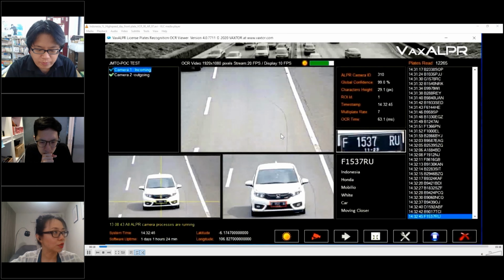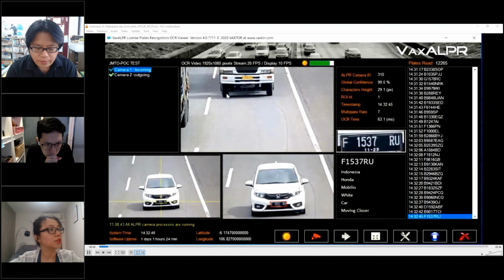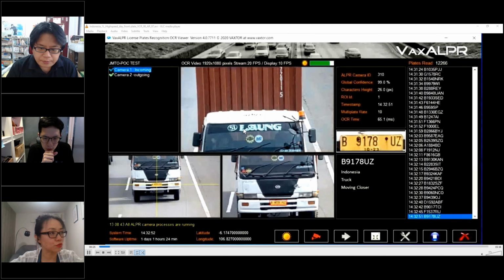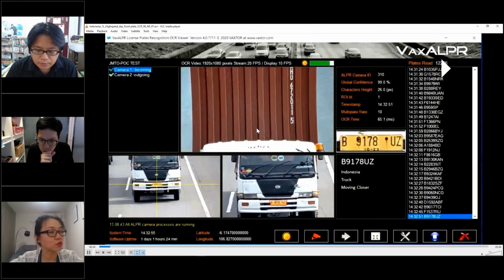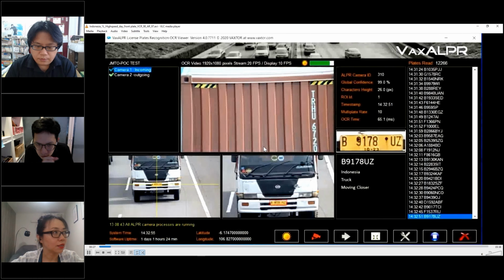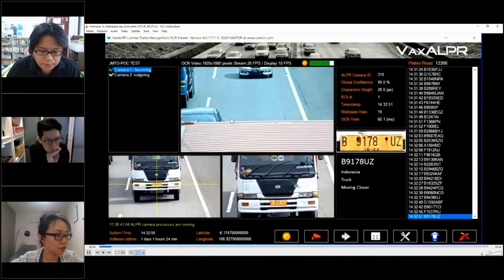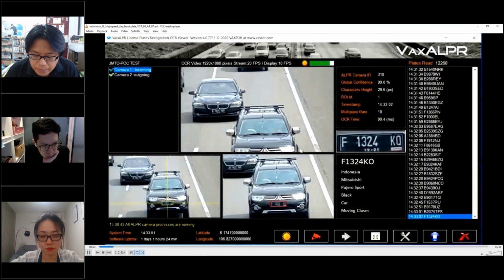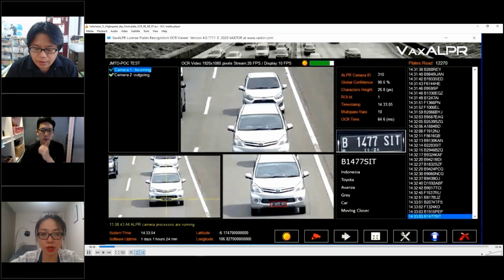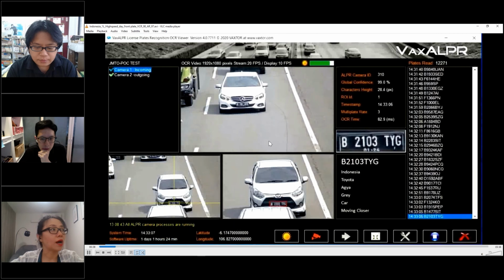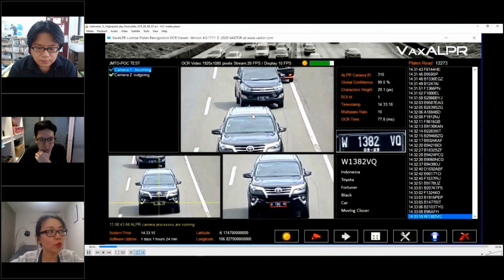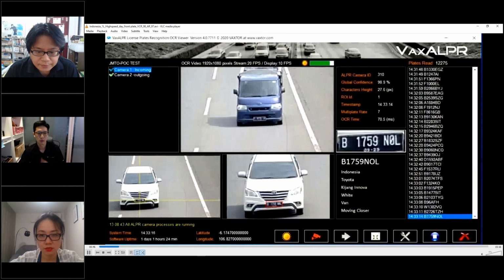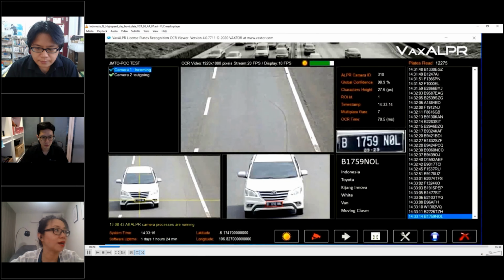license plate belongs to. For example, this particular truck is a heavy duty truck. If it's passing through this toll plaza, when it reaches the next toll plaza, it shall pay more toll fee than just a normal car. So how does the highway operator be sure they can charge, or some of the very smart